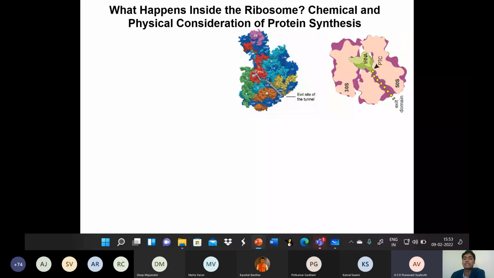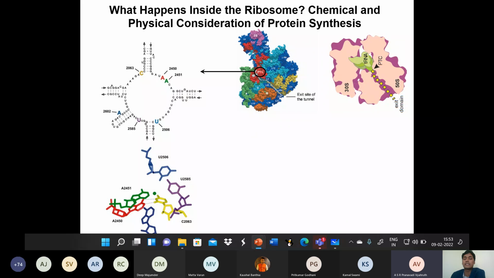You don't need to go through all the details, but what I want to mention is that the ribosome itself has multiple proteins and ribosomal RNA. In three-dimensional structure, a few nucleotides of the ribosomal RNA are close to each other and form the active site. The discovery of the ribosome structure was by Venki Ramakrishnan, Ada Yonath, and Tom Steitz,